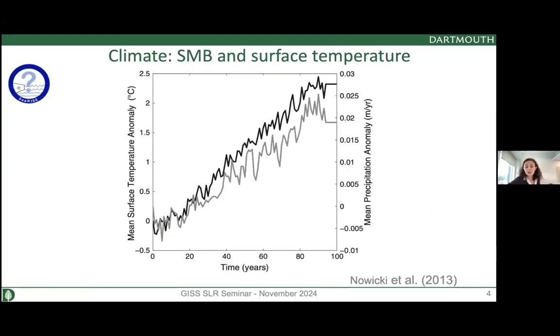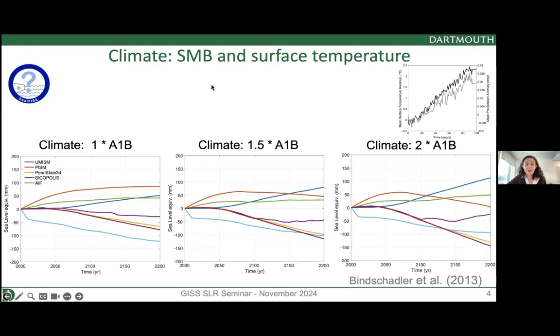And then what was used for AR5, this was the atmospheric forcing used for Seroussi projections. For this A1B scenario, we had results from climate models showing the mean surface temperature anomaly and the mean precipitation anomaly, and these results were used. Then from that, we applied this condition using 1 times the A1B anomaly, 1.5 times the A1B anomaly, and 2 times. That's really crude, just using this one scenario and trying to extrapolate by multiplying atmospheric conditions.